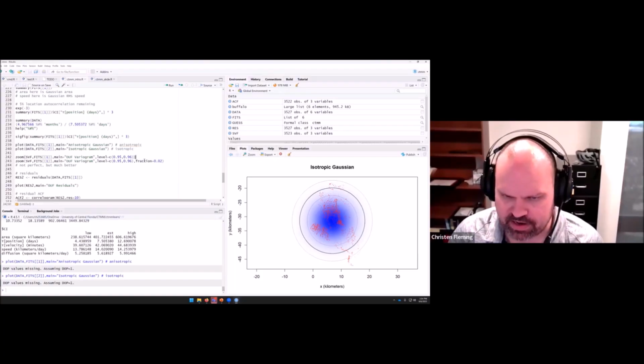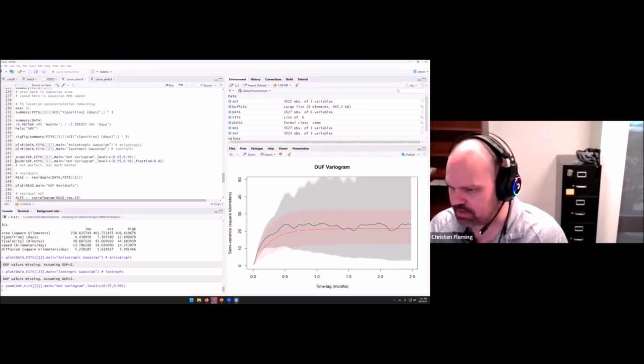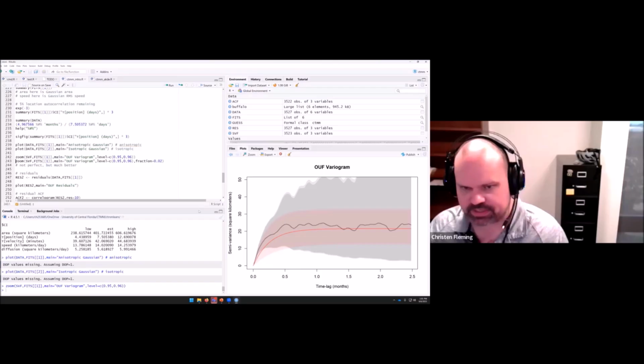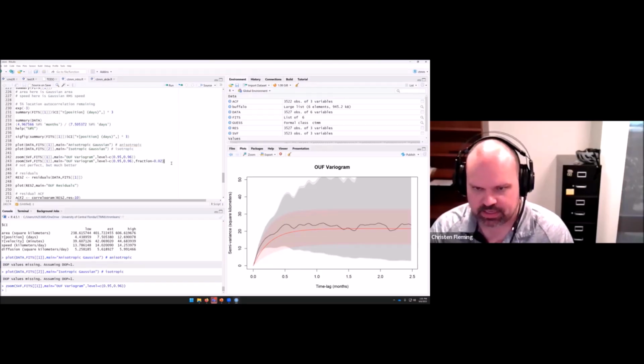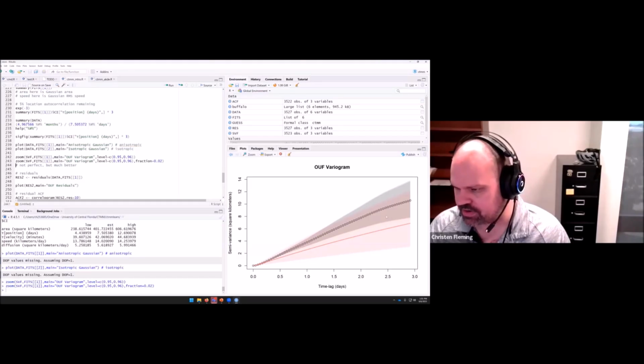Okay. And the variograms, the match is much better, although this is real data, so it's not perfect. You can see that it takes some time for the animal to cross its home range, so it takes some time for this curve to asymptote. And if we zoom in, it's picking up some of this initial curvature for the speed. And then there is some discrepancy here. It's not perfect, but it's not